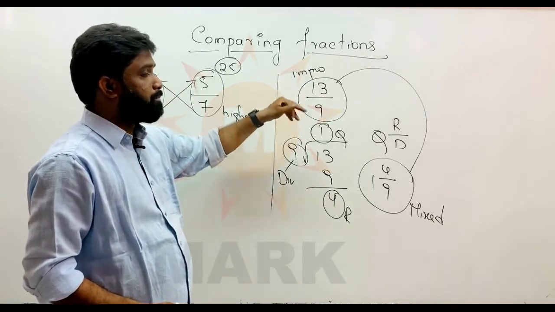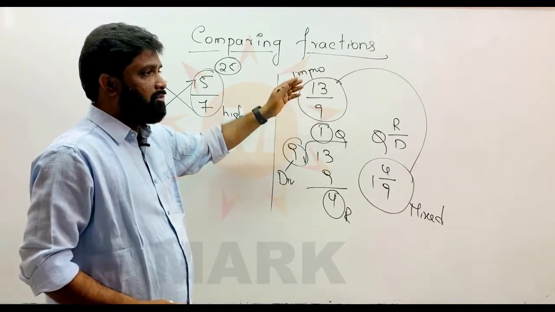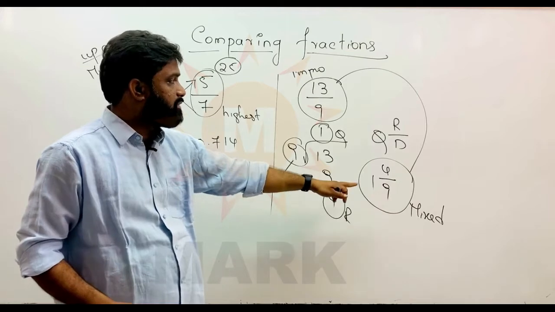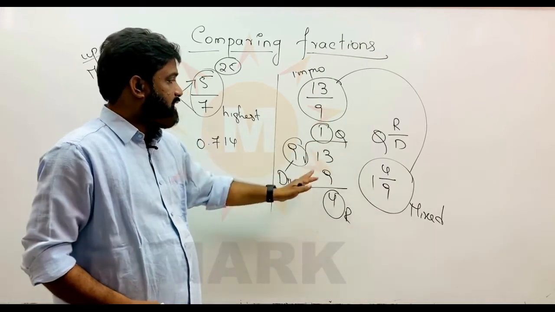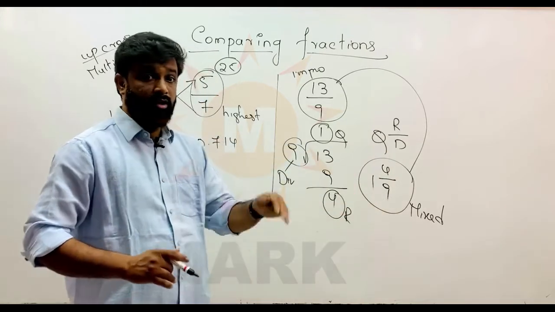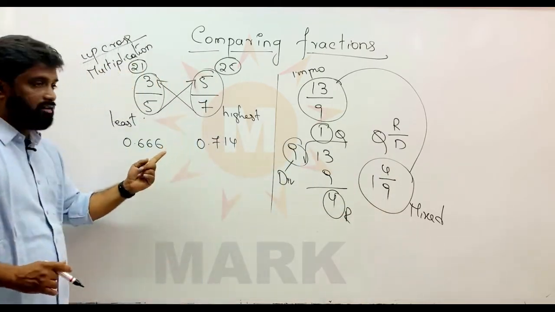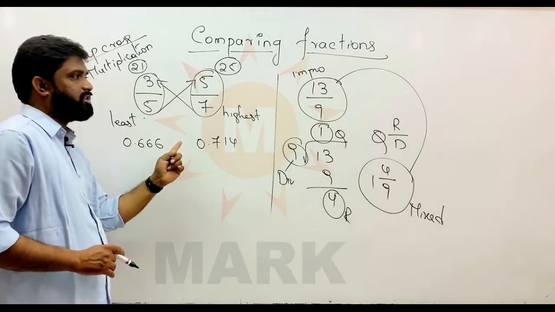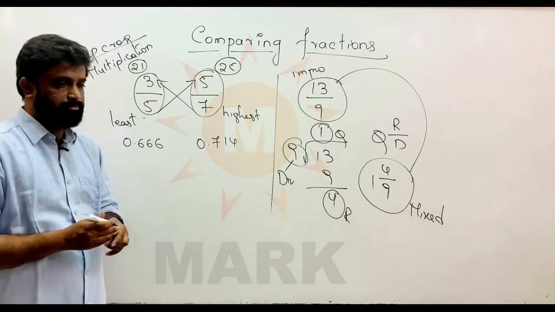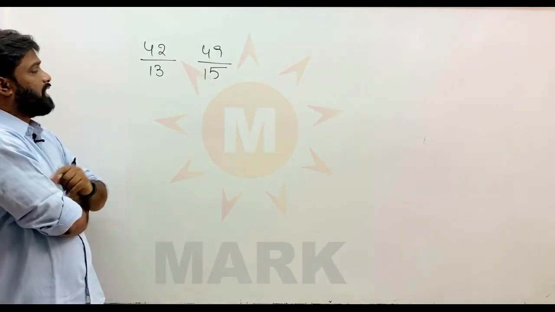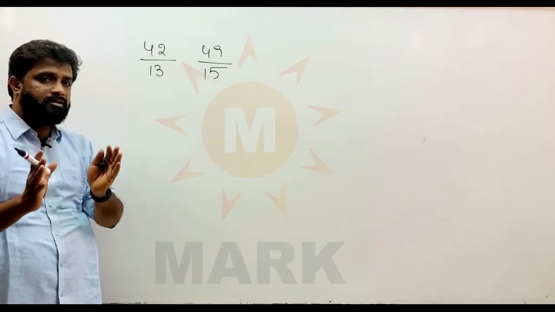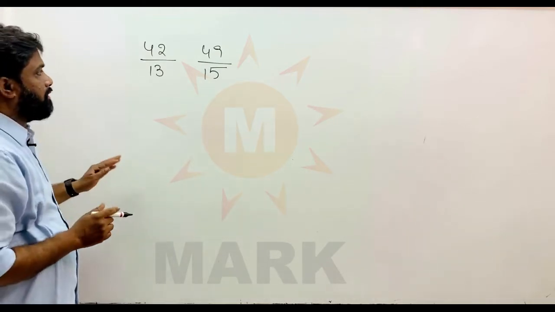Proper fraction means denominator will be highest and numerator will be least. So when improper fraction is given like this, you can convert into mixed fraction using this technique. Quotient whole, remainder by divisor, that is the method. Now in the exams, how questions are given, and how to use this topic and get the answer in less than 30 seconds or 20 seconds, we will be seeing now. Friends, in an exam, they have given two improper fractions like this, and they have asked which fraction has got the highest value.